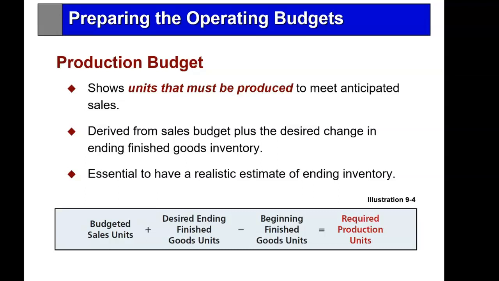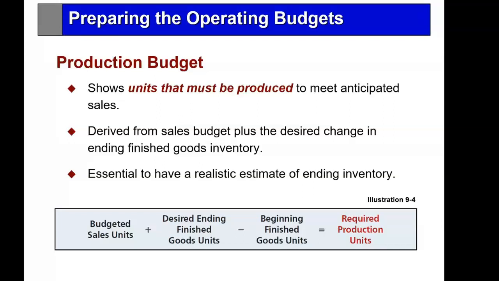So to protect against that, management sets a policy for the production manager. And that policy is finished goods inventory. And what they say is, look, you must produce enough product to meet the sales forecast in the first quarter of next year, plus have 20% in finished goods of what you need for the second quarter. And you do that every quarter.